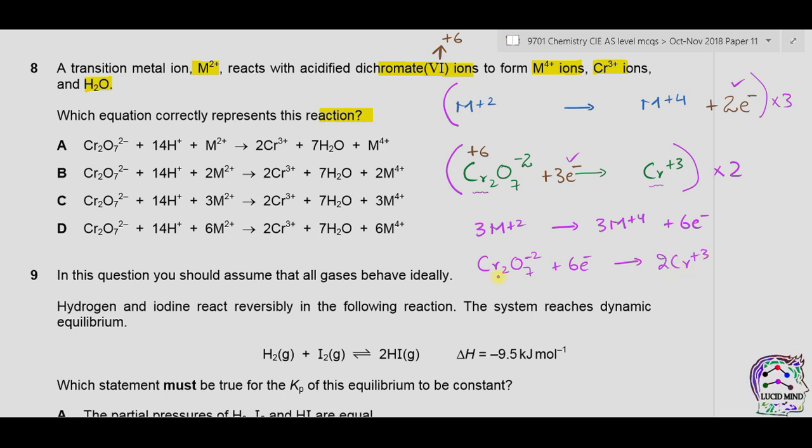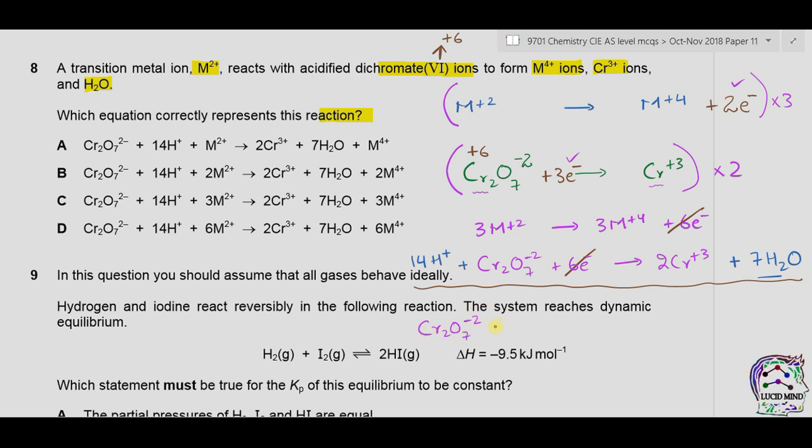Now chromium is balanced. The next step is to balance the number of oxygen atoms. As there is no oxygen in the first equation, we are going to ignore that one. We have 7 oxygen atoms in the second equation, so we can write 7H2O with the product. Now oxygen is balanced. Now we have 14 hydrogen atoms on the product side, so we can balance that by adding 14H+. Now combining both these equations, the number of electrons lost and gained will be cancelled out. And the final equation will be